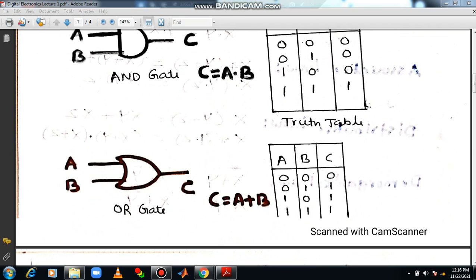When it comes to the OR gate, we can write the output C, where C is the output, A and B are the inputs. C is equal to A or B. Here we can say that the output will be high if at least one input is high. You can see the output. Here you can understand that at least one input should be high, then only you will get the output. Clear? So this is about the OR gate.